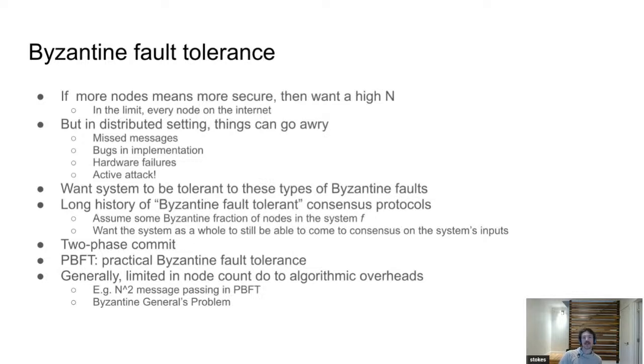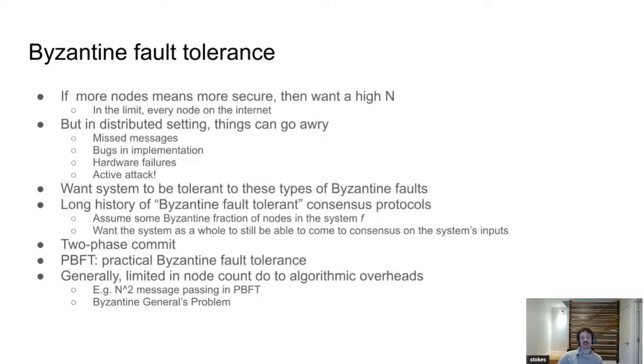The issue, though, is that with PBFT and many of these more classical BFT protocols, they were limited in node count. In particular, you get this quadratic message passing in PBFT in part because of this two-phase commit. And what we mean here is that if there's say 10 nodes in the network, they have to exchange say 100 messages to actually agree that this is the state and that also everyone else sees this as the same state. What this means is that these systems are limited in how many nodes you could have.